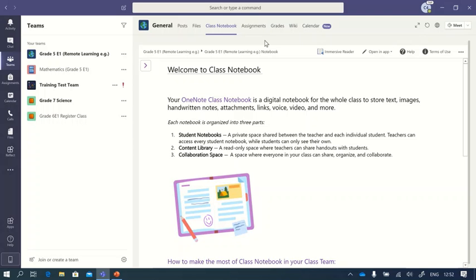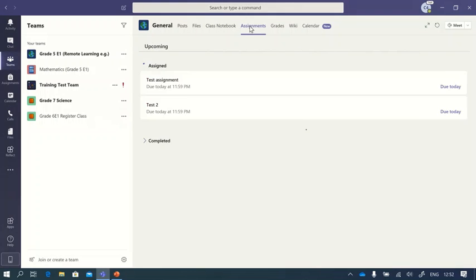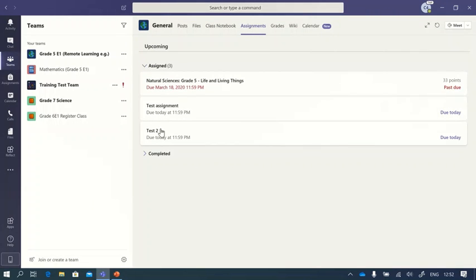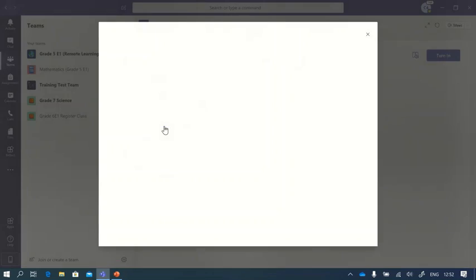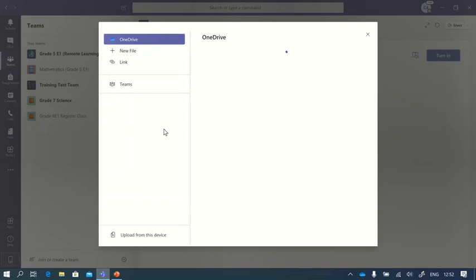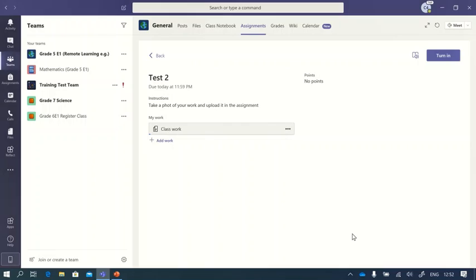Learners might also be required to complete tasks in the Assignments tab of Teams. Once an educator has posted an assignment, the learner will automatically receive a notification they can click on. Learners can complete document templates that educators have provided or upload their own work. This can also be in the form of an image of handwritten work, as we do encourage pen and paper